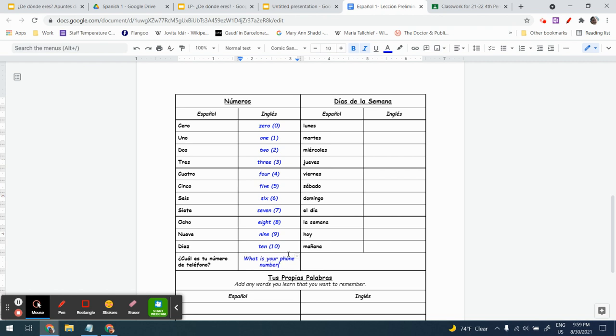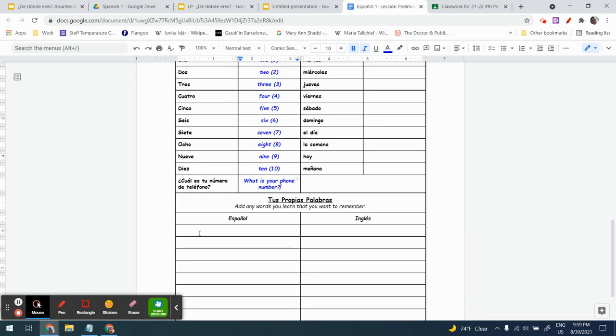Now, if you happen to look in your textbook, it will give you a full response, which would be mi número de teléfono es, and then you put in your numbers here. My telephone number is. I don't care if you add this though, and the reason I didn't put it on